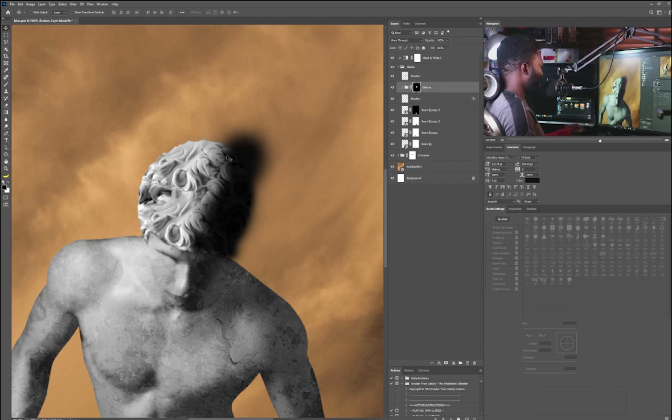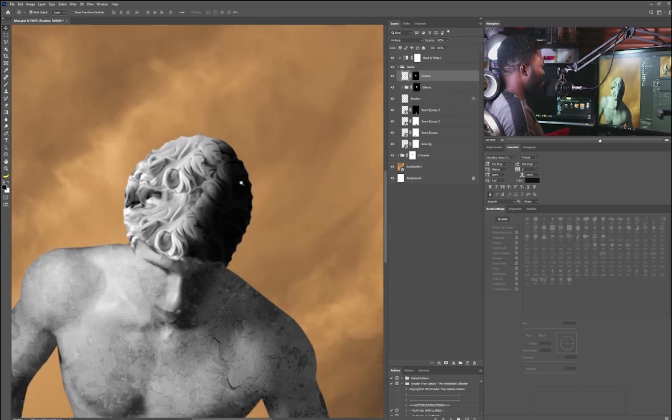So what we're going to do is make a duplicate of the layer mask from the statues and apply it to the shadow layer. So to do that, I'm going to hold down Alt, click and drag and drop like so. And so I'm going to reduce the opacity of this a little, like so, and I'm going to blend this by